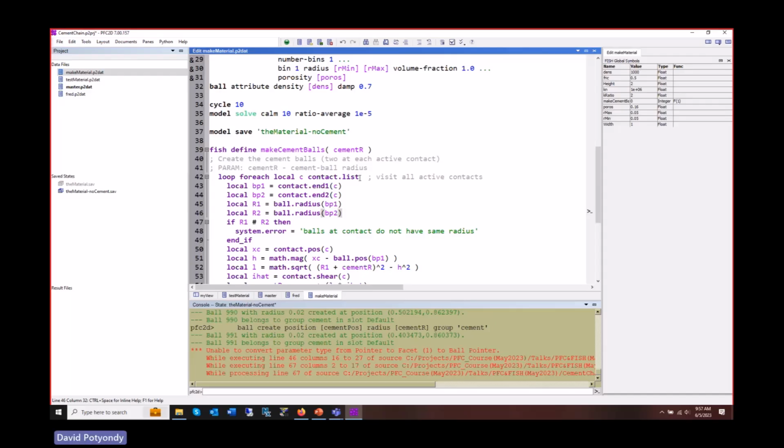Okay. And so what we have to do is put a check in here, and we basically have to say only continue doing this if this contact is between two balls, not between a ball and a wall. And it's going to take me a little bit to figure out how to do that. We're going to have to make a call to check that. There's going to be a way to check that. But